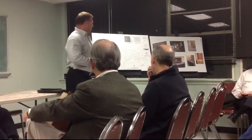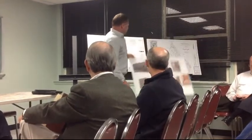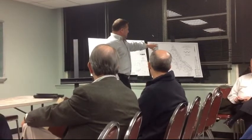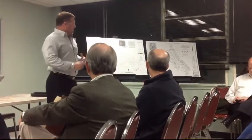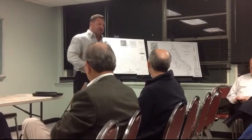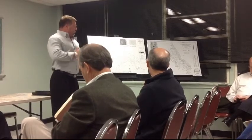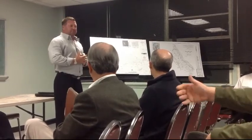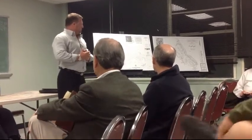I've got an existing conditions plan on this. I know it is hard to read, but for folks in here that have not been on this site, it is literally developed just to the bank of the creek in most areas. The parking lot and the curb go right up to the edge of the creek. And as Carl was saying, we're going to pull most of that out, and that will be replanted to buffer standards relative to the city's regulations, if you will. So with that,